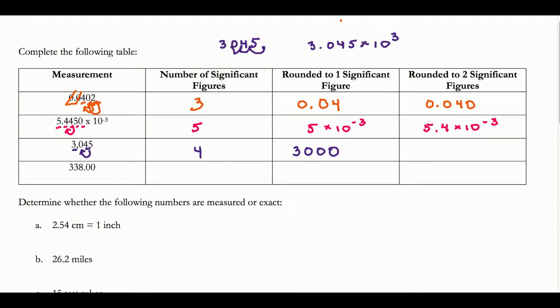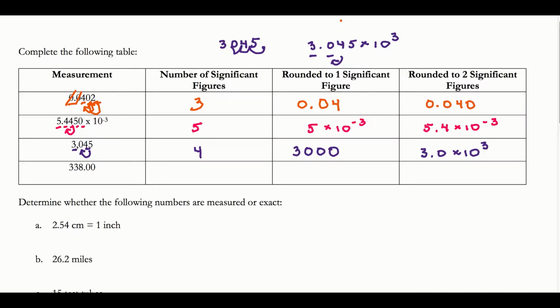So keep in mind, I'm going to want to keep the 3 and the 0. The 4 does not round the 0 up, so this is going to be 3.0 times 10 to the third. That is the only way you can write that number and have 2 significant figures. You cannot write it in standard notation, because if you write it in standard notation, it's either going to have 1 sig fig like 3,000 does, or if you write 3,000 point, that would have 4 sig figs. Okay? Let's look at the next example,